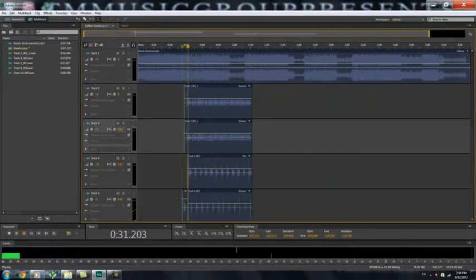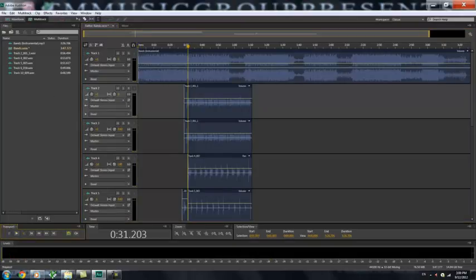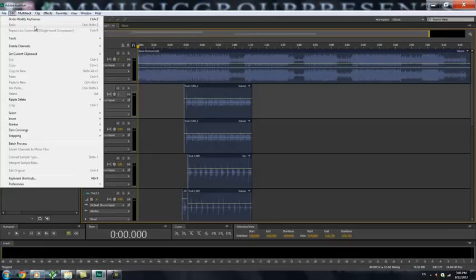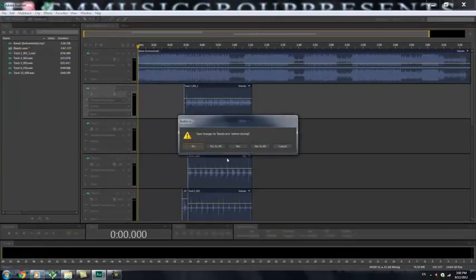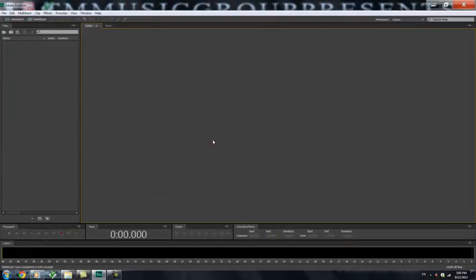I'm gonna show you how to record on Adobe Audition CS5 and 6. This is 6 I have opened up, but pretty much it's the same thing, the same format and everything. Now, whenever you first start off, let me close all this. It will look like this, and